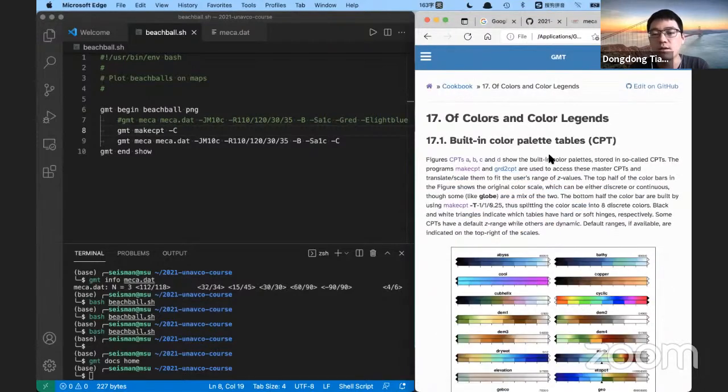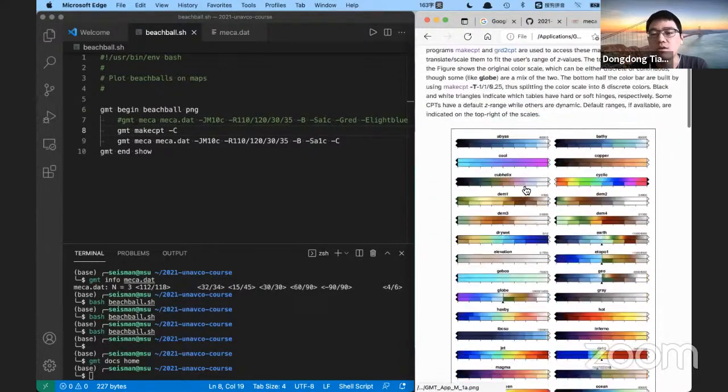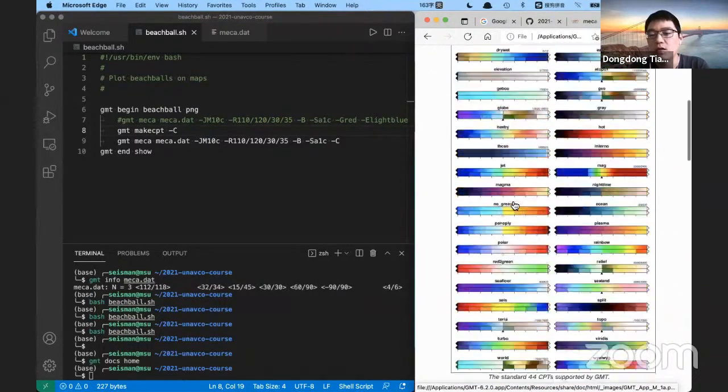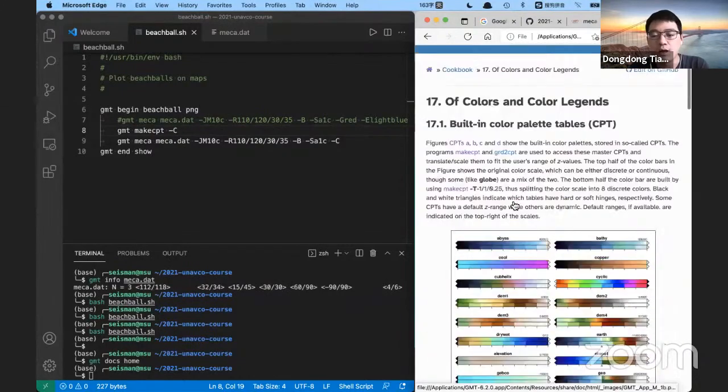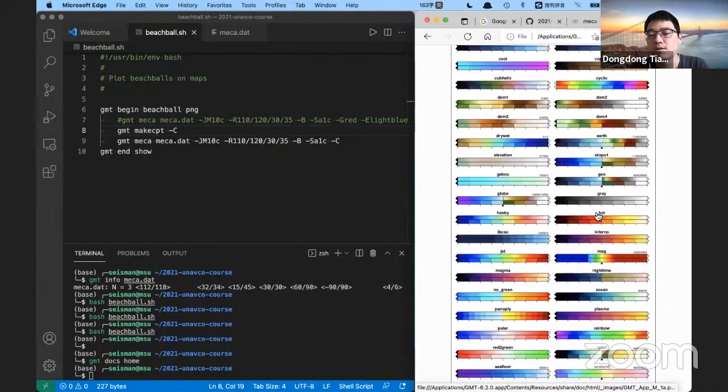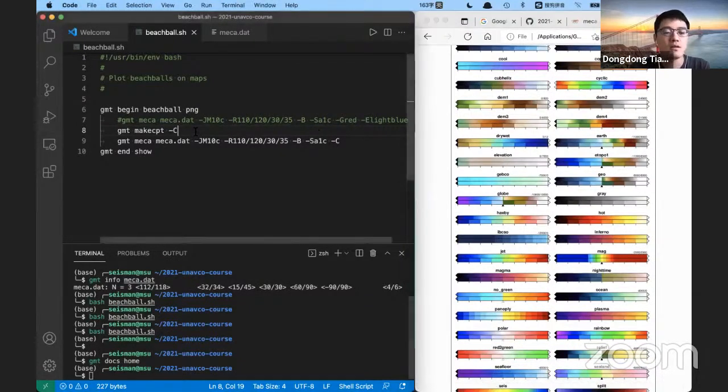If you click this link, you will see that there are maybe 70 or 40 CPT files on this page. I will choose maybe this one, hot: -Chot. I will choose this one as the master CPT,